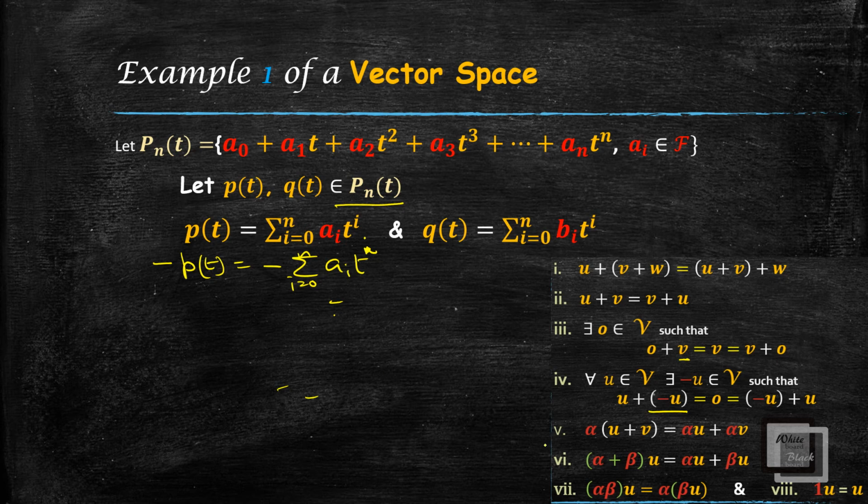Moreover, the scalar multiplication is also distributive, and if you try, then you will get that the fifth, sixth, seventh and eighth properties are also satisfied. So we can say here that Pnt is a vector space together with the binary compositions, vector addition and scalar multiplication, over a field.